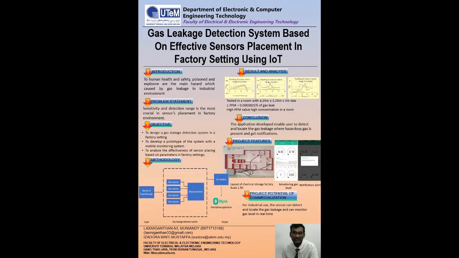Gas leakage detection system based on effective sensor placement in factory setting using IoT. A gas leakage detection system refers to a system which uses gas sensors to detect gas leakage of high pressurized gas stored in a container in a facility. Effective sensor placement in a factory setting refers to how effective a sensor is at detecting gas leaks in the